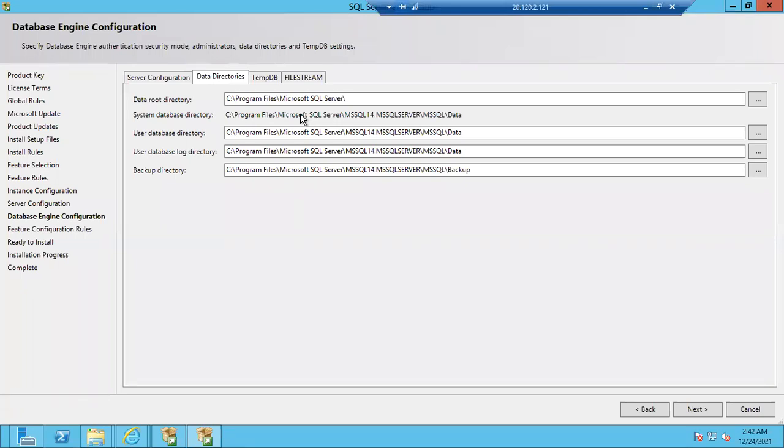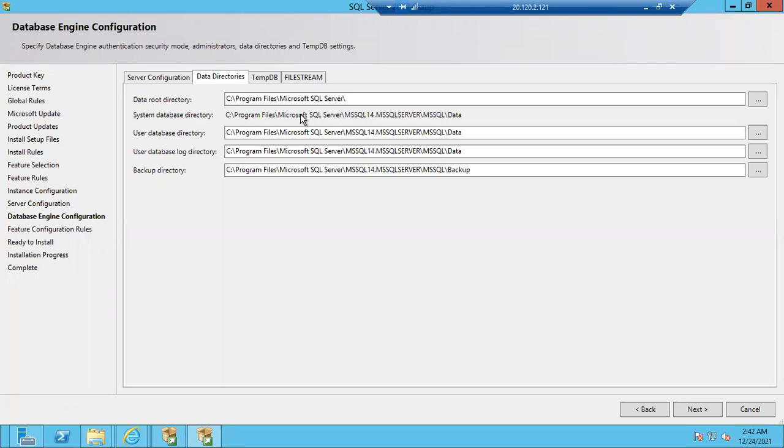You can keep both files in the same location. You can keep the data file in one drive and the log file in another drive. Apart from that, we'll get tempdb files also. If you want, you can keep all the files in the same location, C drive. Sir, I have only C drive. Can I store all the files in C drive? Yes, happily you can store it.